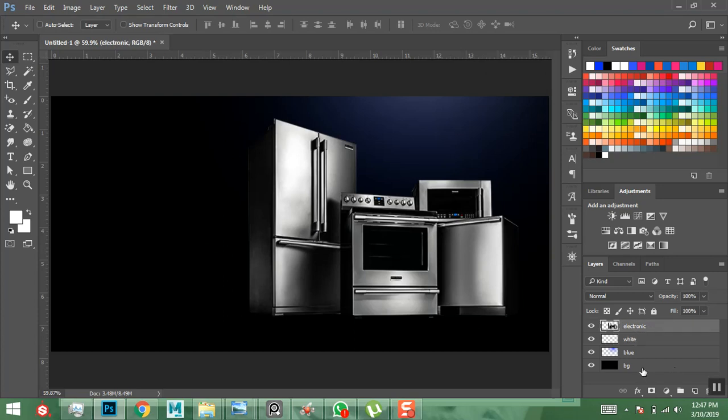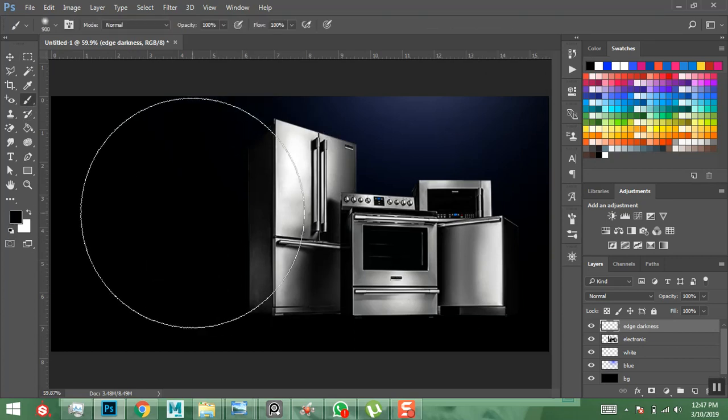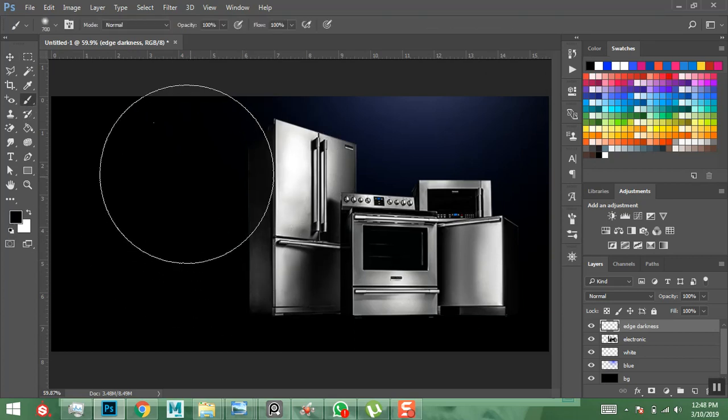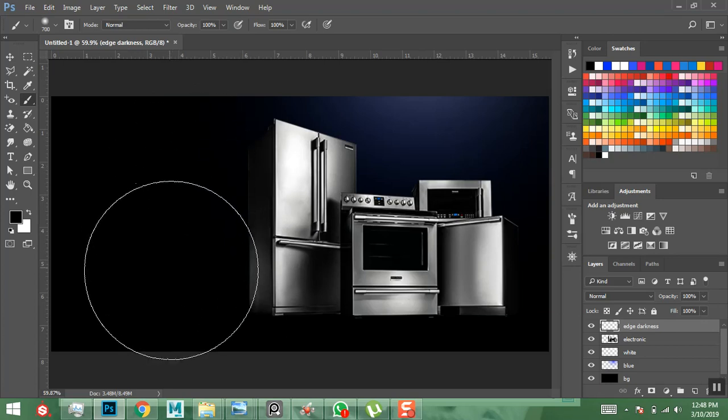Then on top of my electronic layer, I'm going to create a new layer and kind of name this edge darkness. So I'm just naming it to something I can easily remember. You can name it with whatever you feel you can be able to remember easily. That's fine. So what I'm going to do now is just go to my brush tool, take this back to default, take down my brush size down, and then just